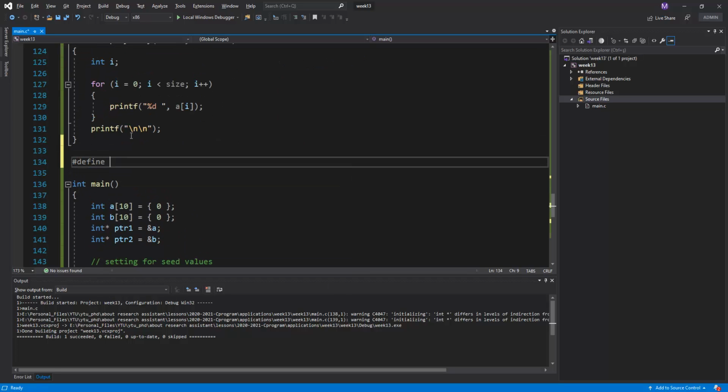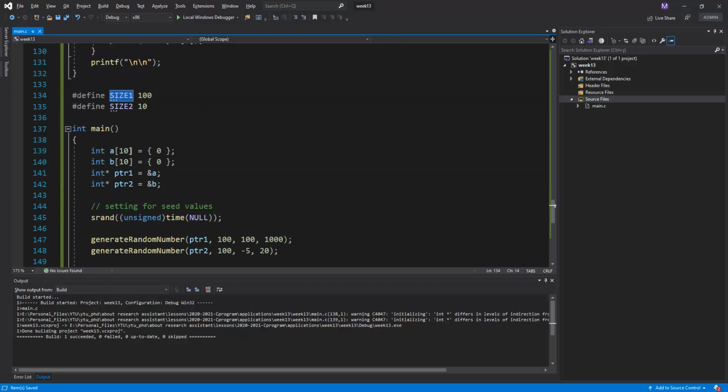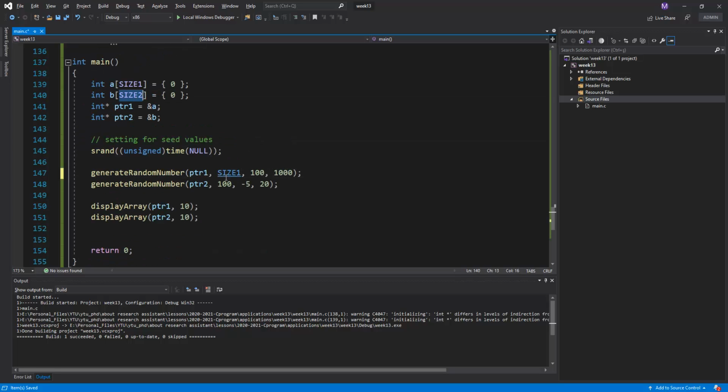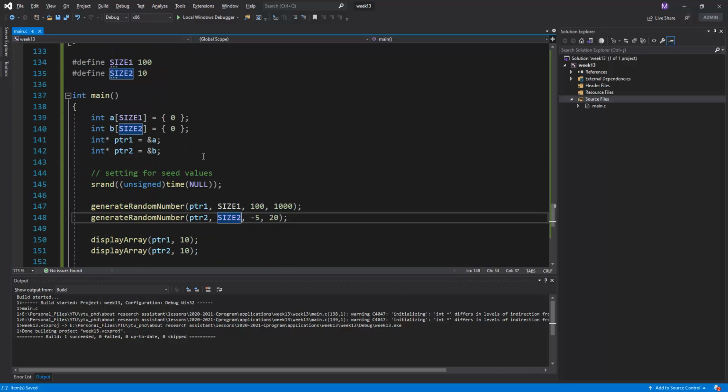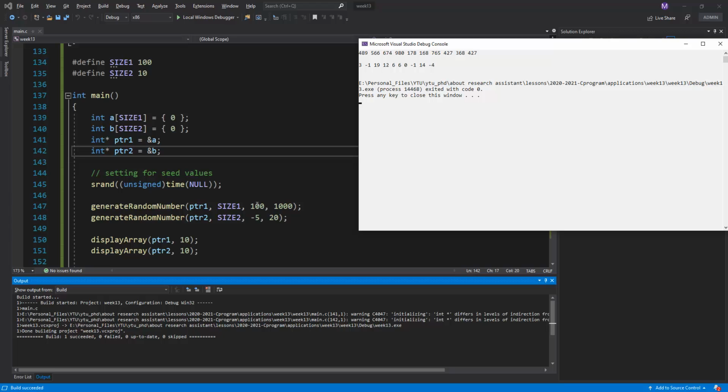The defined value size 1 can be given with the notation of 100. Defined value size 2 can be given by the 10 values in here. And so this size should be replaced in these things, this size should be replaced in these things, and so size 1 is assigned to these things, size 2 is assigned to these things. Okay, and so if I run this program, then the 100 values are added in here. Okay,